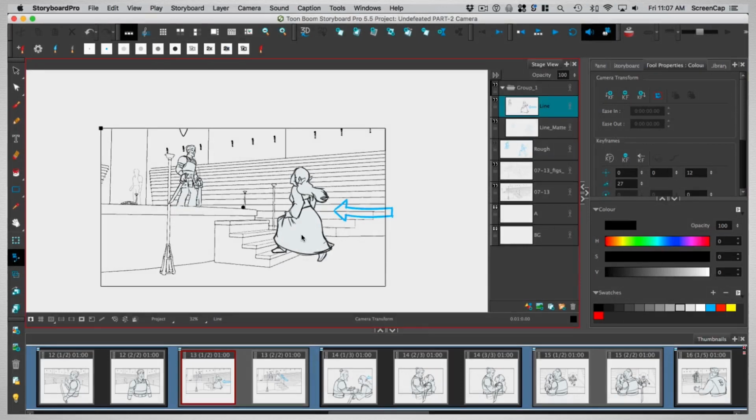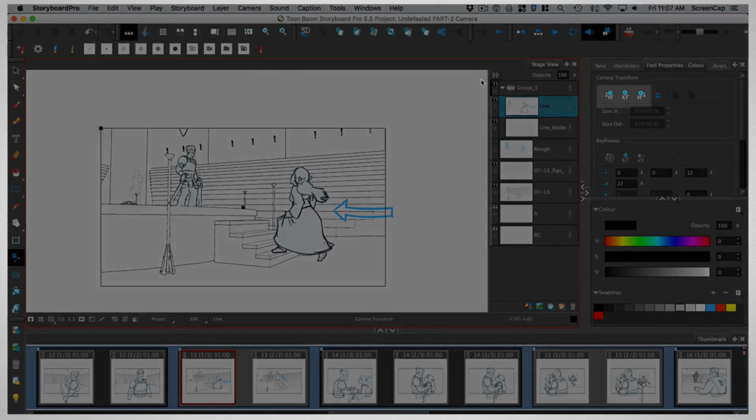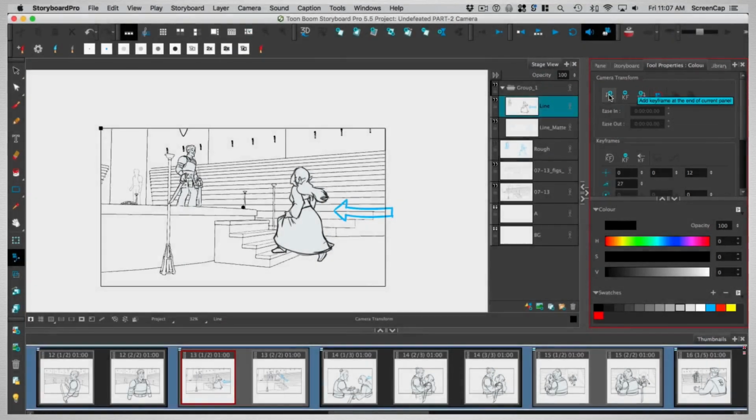Now, to indicate a camera move, we need two separate frames, one for the beginning and one for the end. To get those, we use these Add Keyframe buttons up here in the Tool Properties. I'm just going to use this button to add a keyframe to the start of the panel. And you can see we get a green starting position frame. Then I'll use this other button to add a keyframe to the end of the panel, and we get our